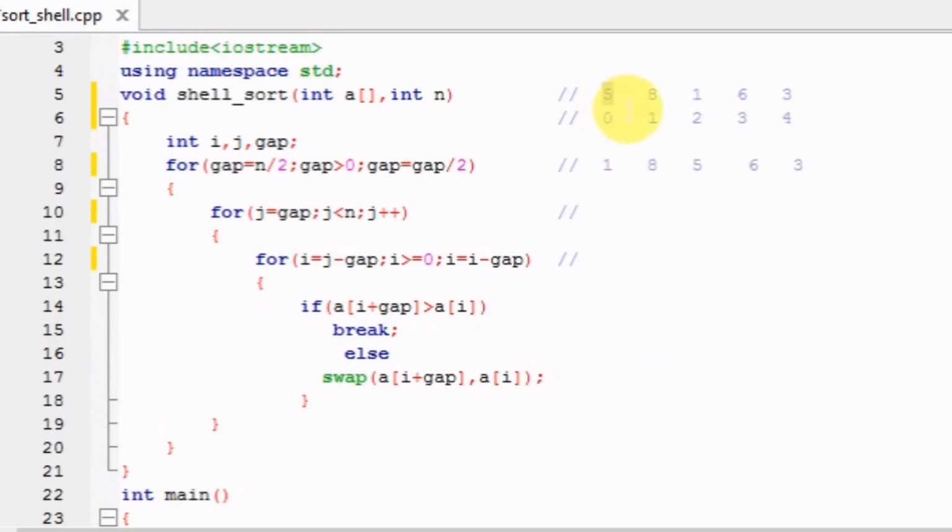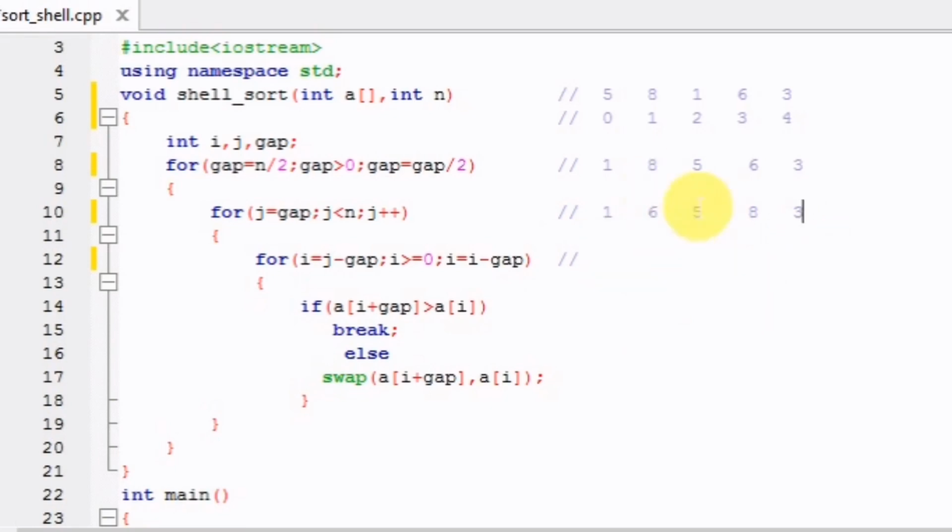So here this element was pointed to by the index i and this element was pointed to by the index j. Now we will increment the values of i and j, and they will point to the elements 8 and 6 respectively. Now again we will compare the element 8 with the element 6. Is 8 greater than 6? Then we will swap them. So here it is also satisfied. So we will swap 8 with 6, and this will be our array, right?